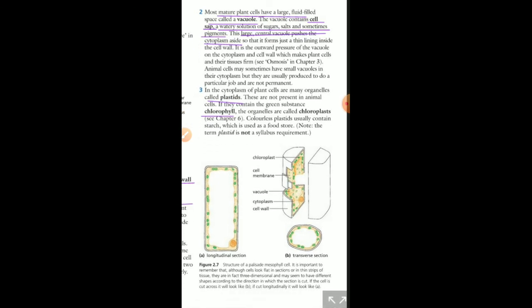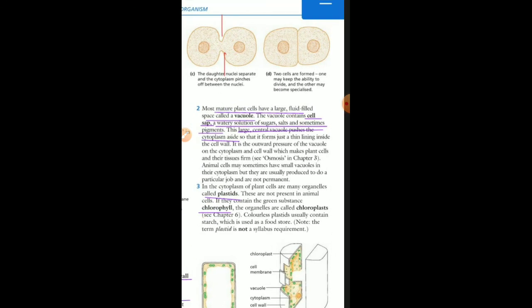So that's it for today, and I hope everything is clear. In today's lecture, we have discussed three differences between plant and animal cells. The first difference was about the double membrane layer present in the plant cell: it contains a cell wall, and within the cell wall it contains the cell membrane, while the animal cell just contains one layer, called the plasma membrane. The second difference was the vacuole size, and the third was the presence of plastids.